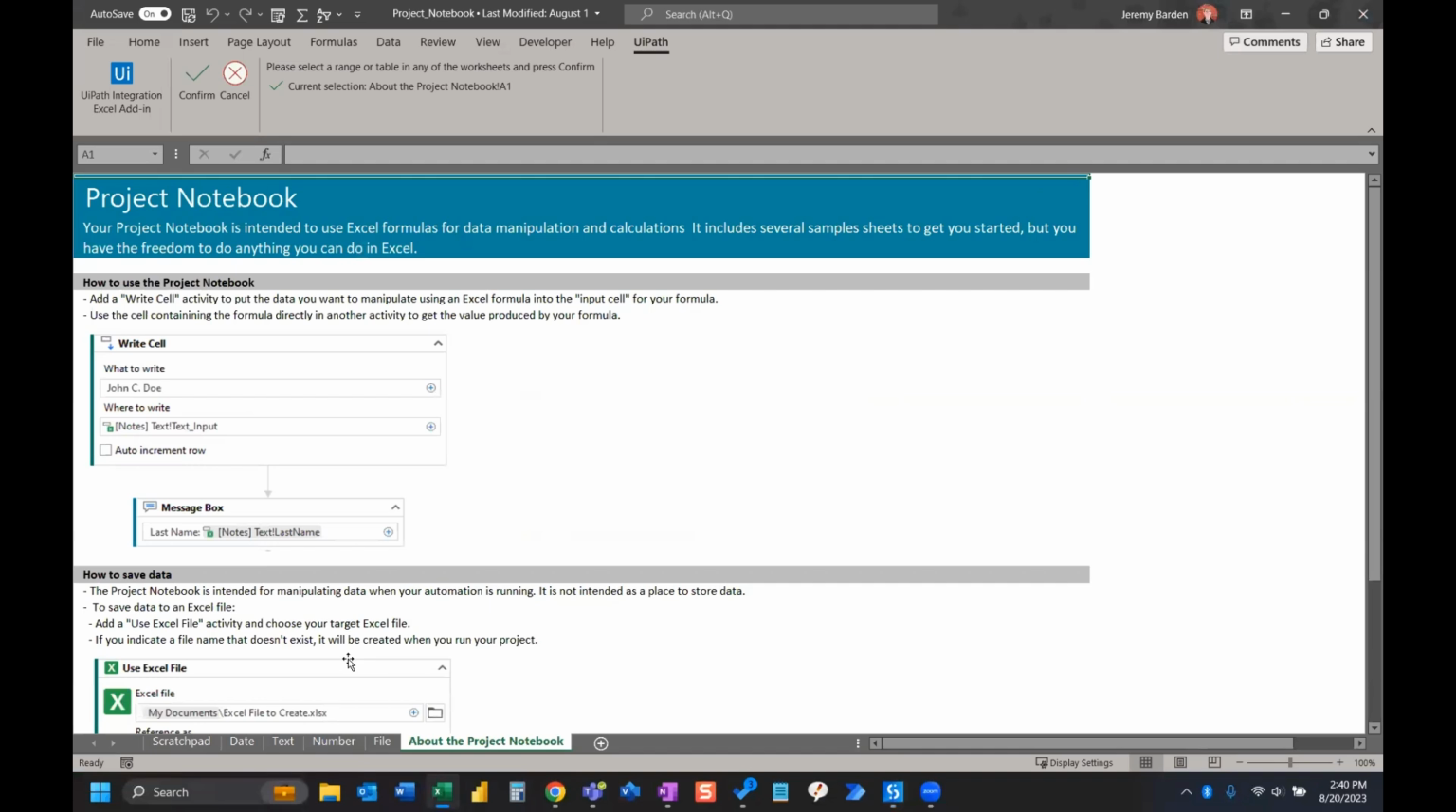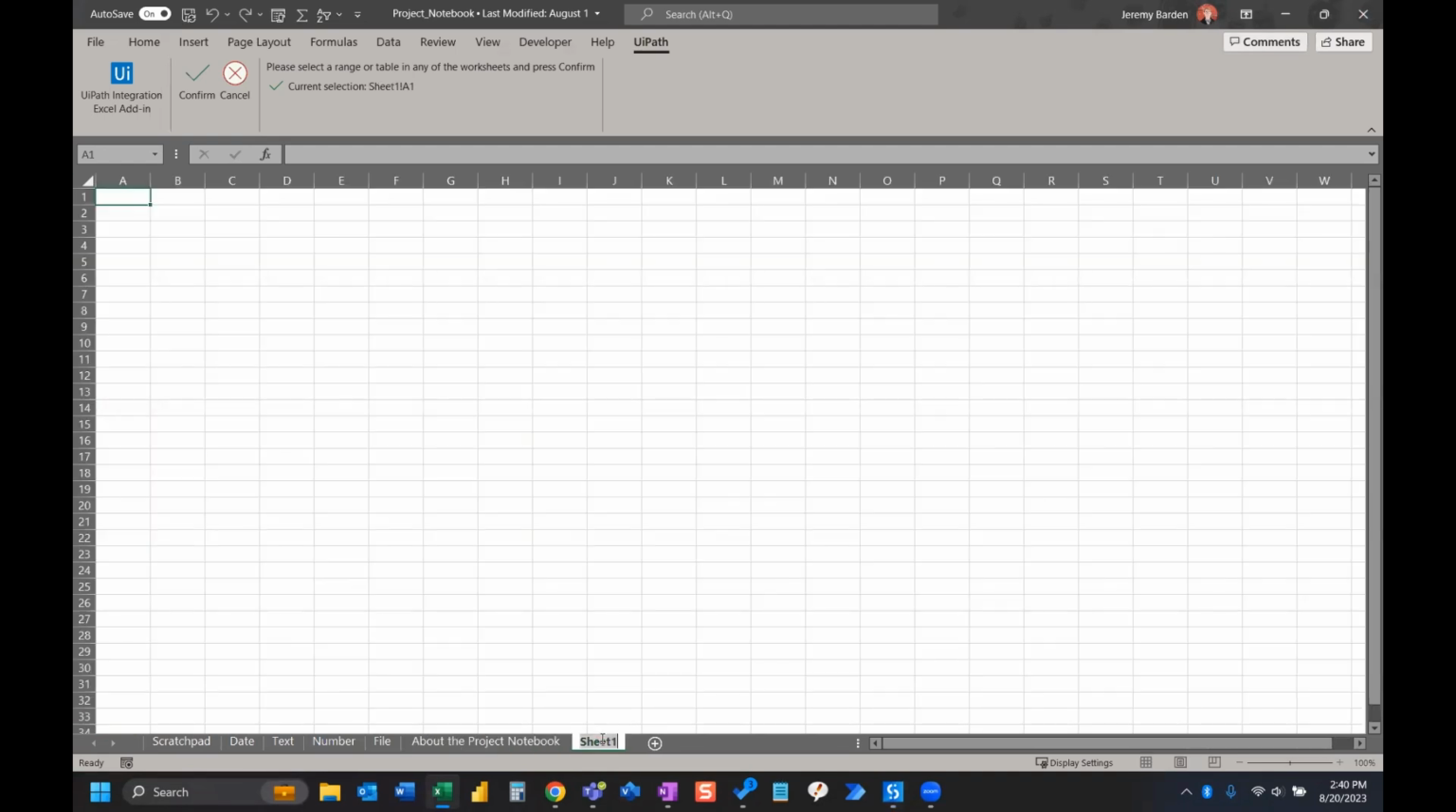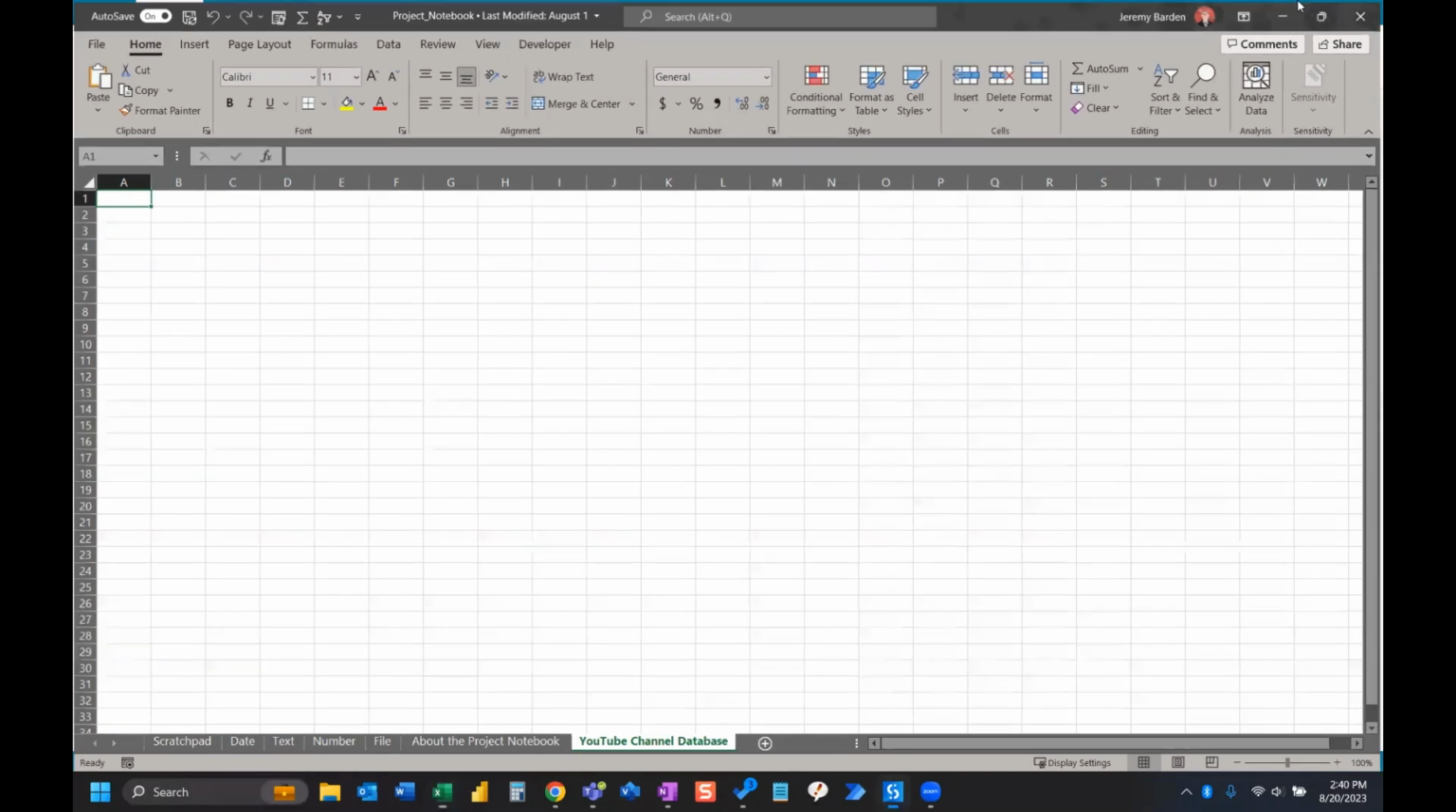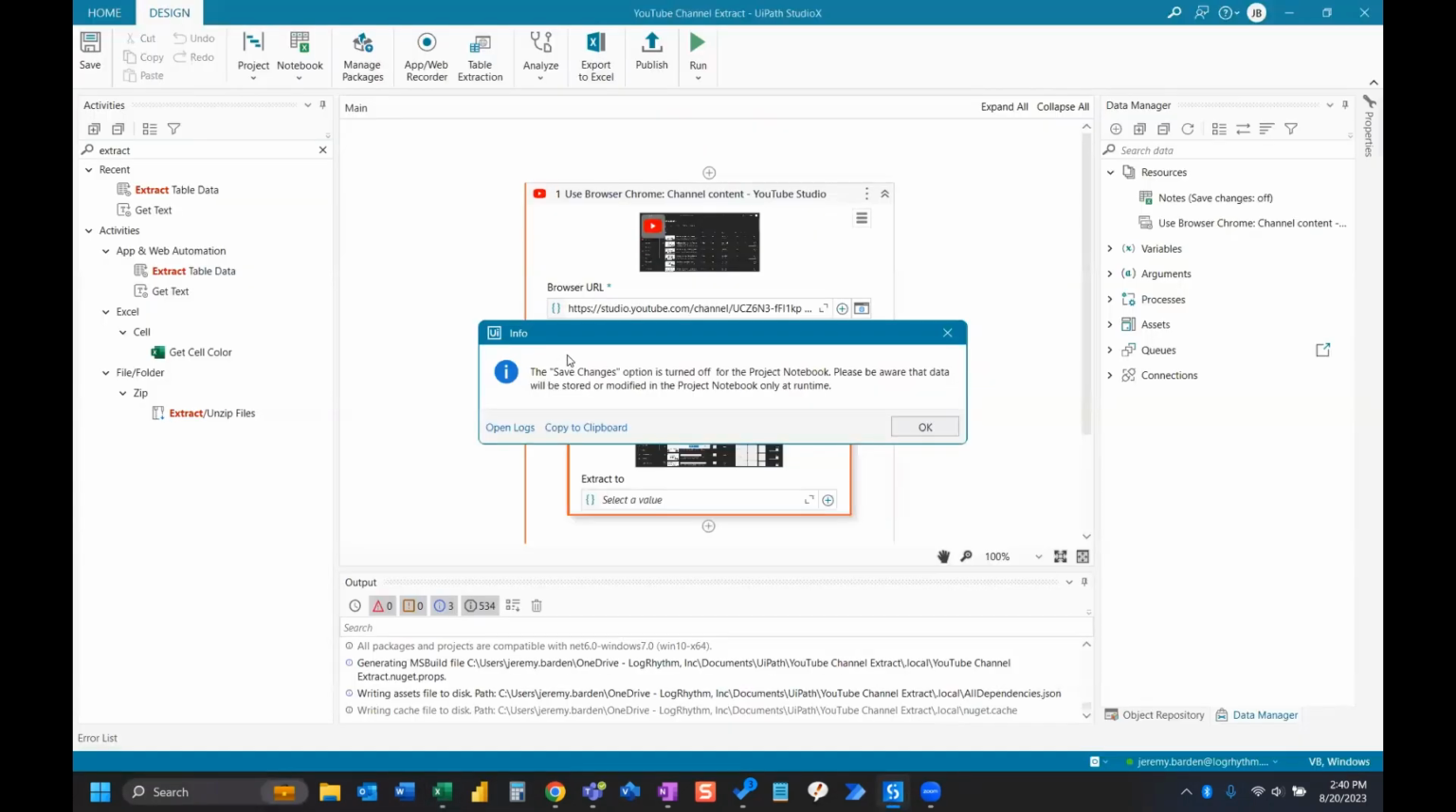And it will give us the option to indicate where in here we want to store that data. And so we can add a new sheet, and we can rename the sheet, and we'll just call it YouTube channel database. And then A1 is already selected, so all we need to do is go up here and click confirm, and then that's going to close, and you'll get this pop-up that says the save changes option